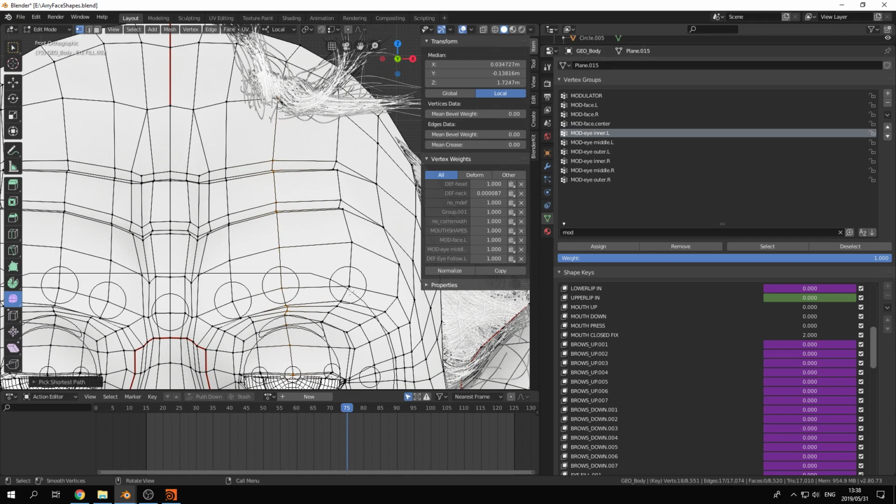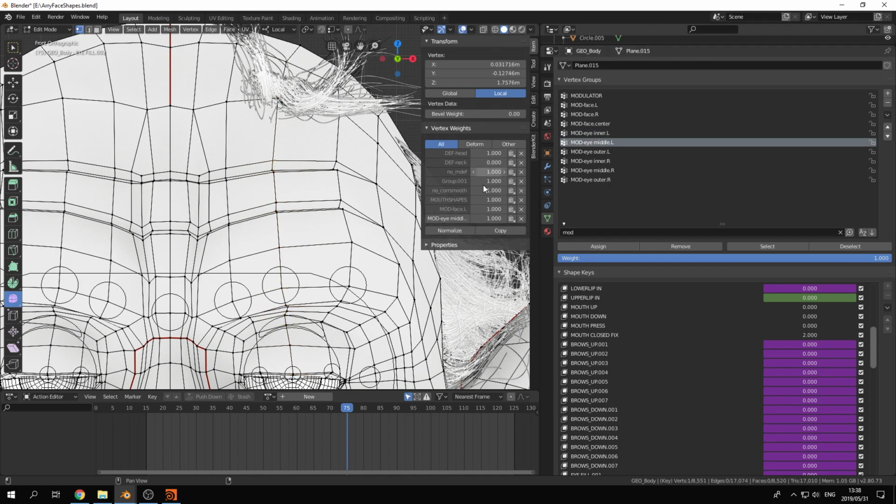Anyway, they're selected. You can then go and assign them 100%, or whatever value, to the group. So that would be part of the middle group. I just set that to 1 and say assign. Okay, and this is also a nice way to see what values are being used by any vertex group